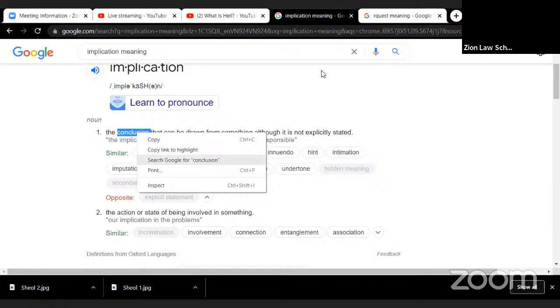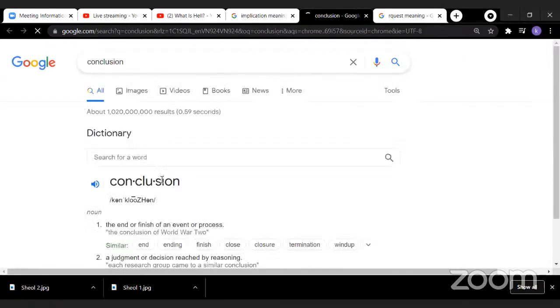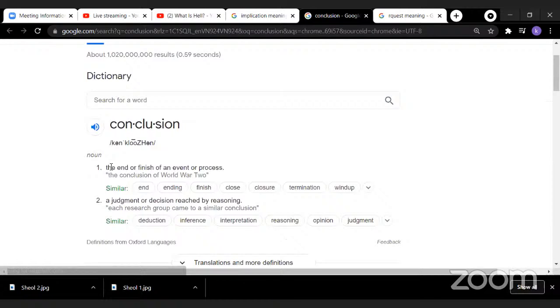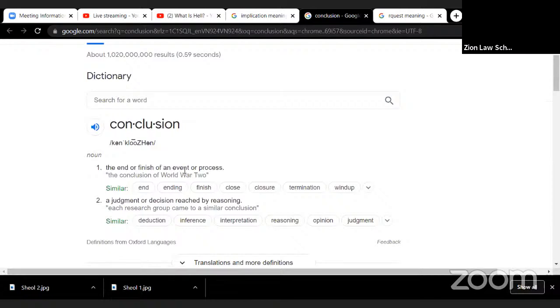Are you with me, Jediah? Mm-hmm. Okay, the meaning of conclusion: the end or finish of an event or process. Closure, end, ending. The second meaning as a noun, a judgment or decision reached by reasoning. So this looks more like what we're looking at. The end or finish of an event or process. So when we look at this word, it means